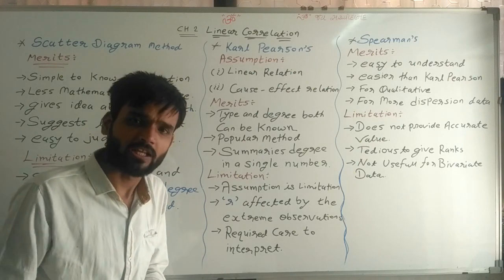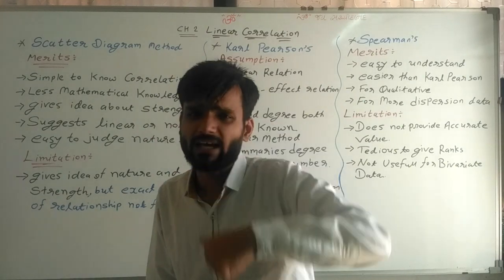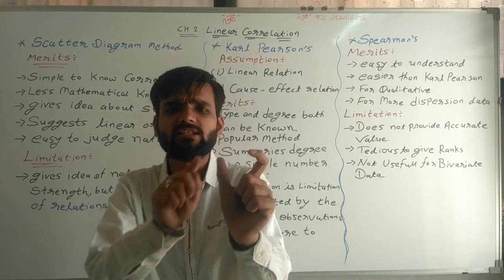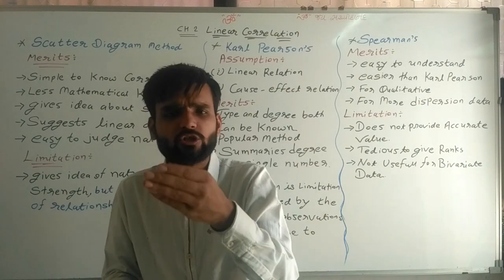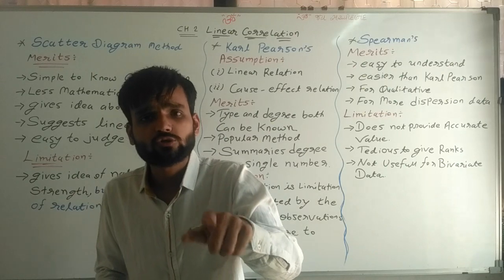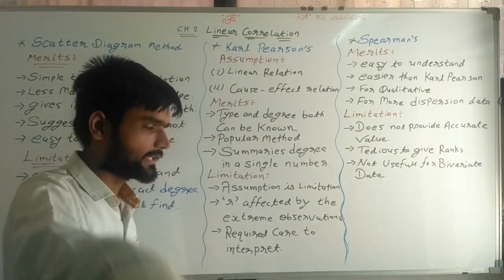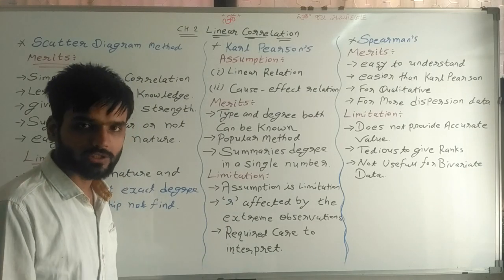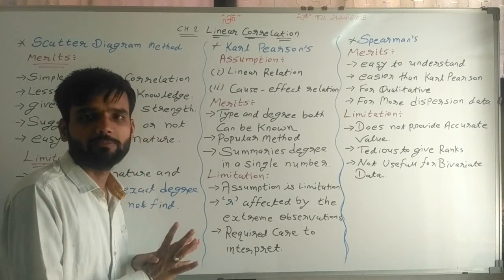Care is required everywhere. Even when we need to prepare a scatter diagram, care is required. Which value should 1 square equal? 10, 12, 1 centimeter? There also care is required. That is why care required is a limitation only to get marks. Otherwise it is not a limitation.